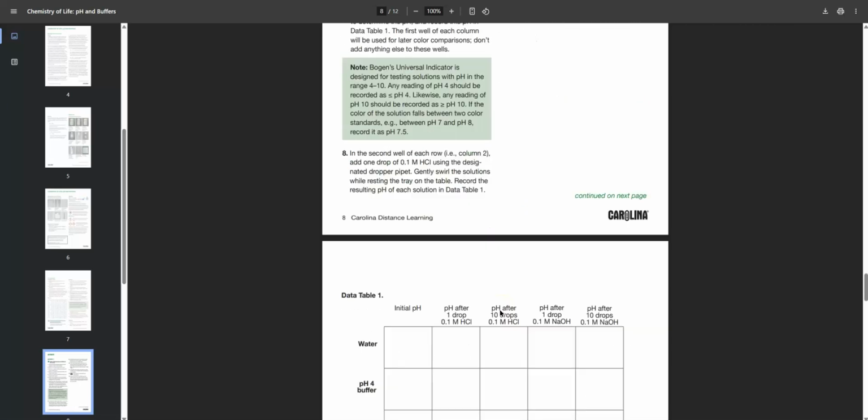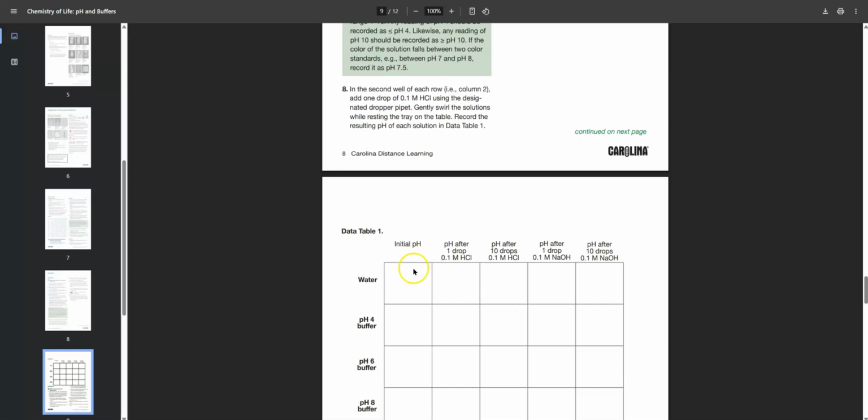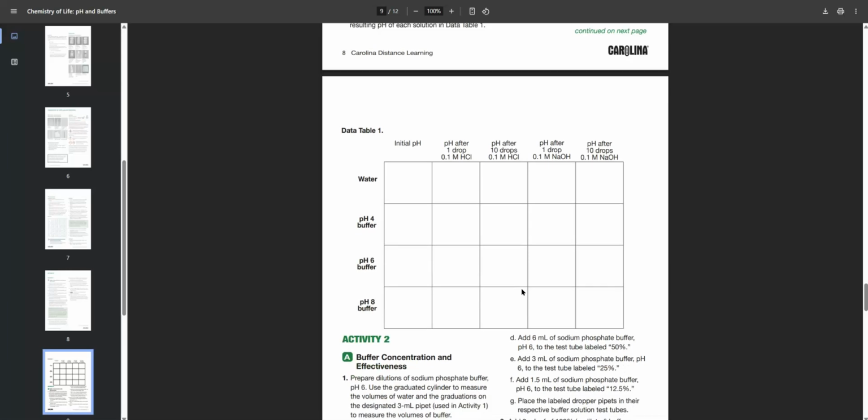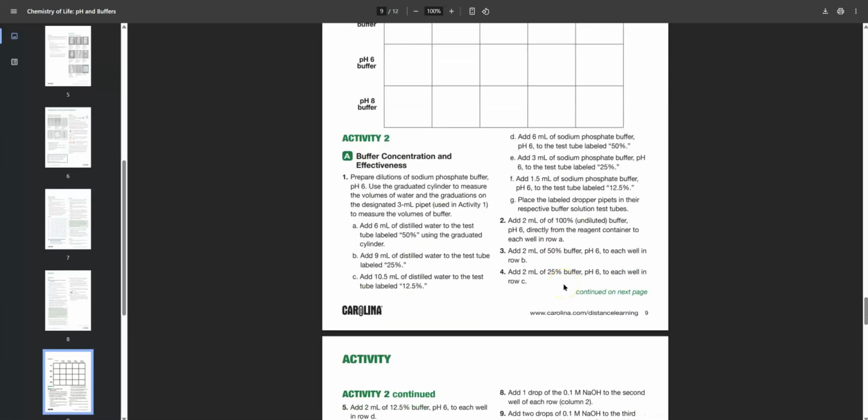This is just kind of like a simple match up of what should be in there, and then fill out the data table and figure out the concentration of